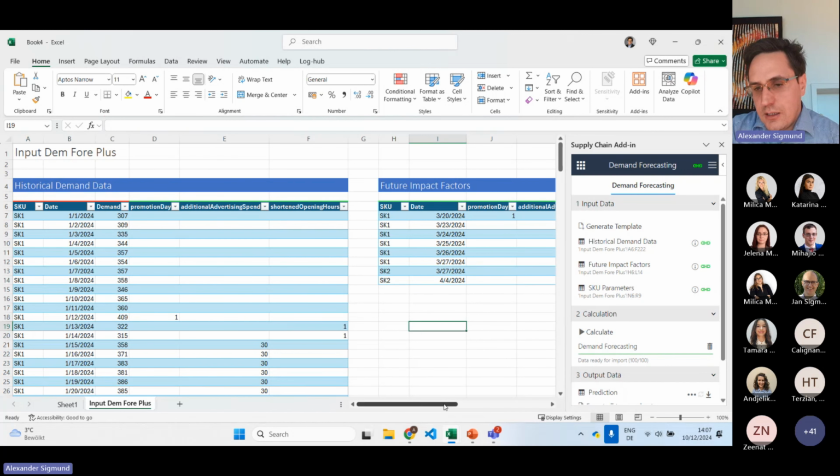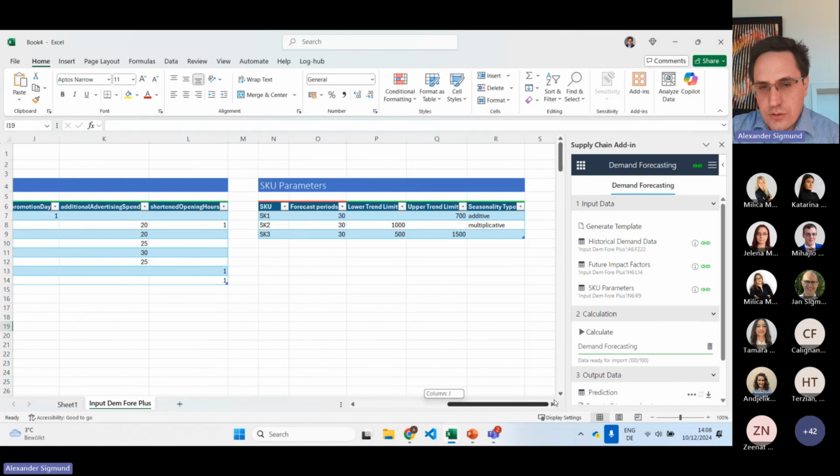Before I open the dashboard for you, I just want to highlight one topic. In the past, in the forecasting AI application, you had the possibility to set the forecasting periods. But now we have the possibility to forecast multiple SKUs at once. That's why this setting is done here in this third table. Here you provide, and this is also a required field, then we covered all the required fields,